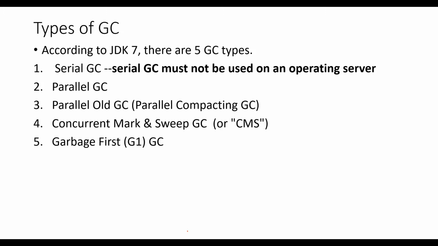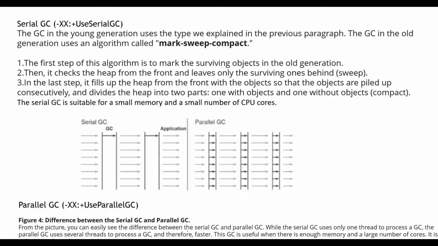Okay, now let's see what happens with each when the GC algorithm is set to different types of GC. So what is serial GC? You can see in the diagram what this typical serial GC is. Let's note one thing common: all GCs use this cycle, mark, sweep, and compact. Whether it is serial, parallel, or CMS, mark, sweep, and compact will be there. But the fashion, or the way they do mark, sweep, and compact, differs.